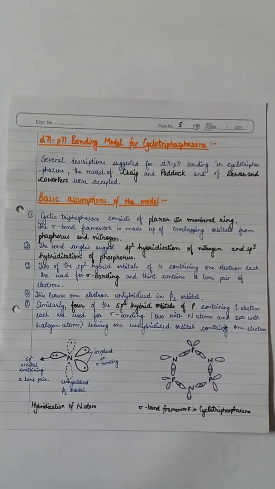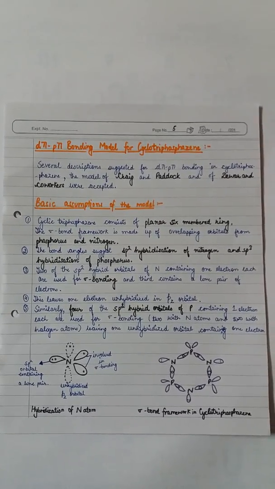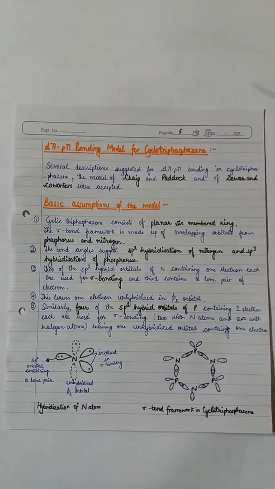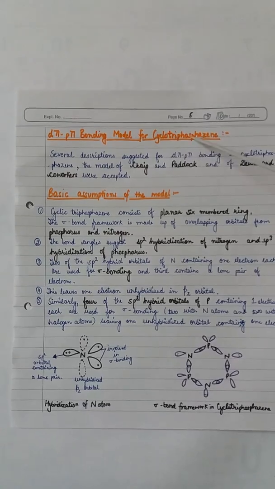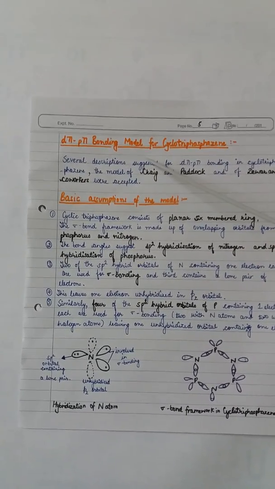So now the properties are over. Now we will be studying the structure of cyclotriphosphazene, meaning the phosphazene structure. So the d pi p pi bonding model. When we are discussing the structure, we study the d pi p pi bonding model for the structure